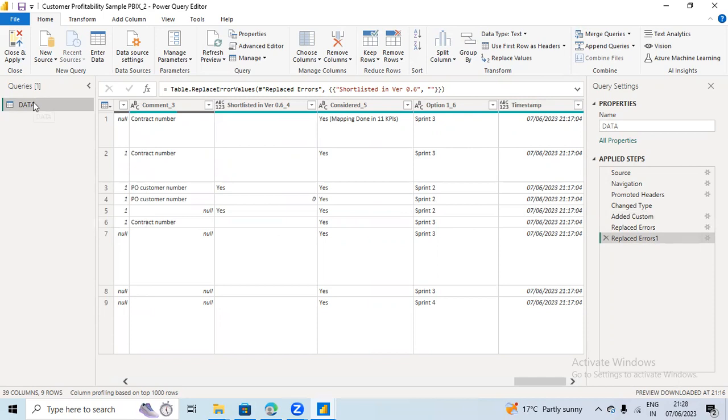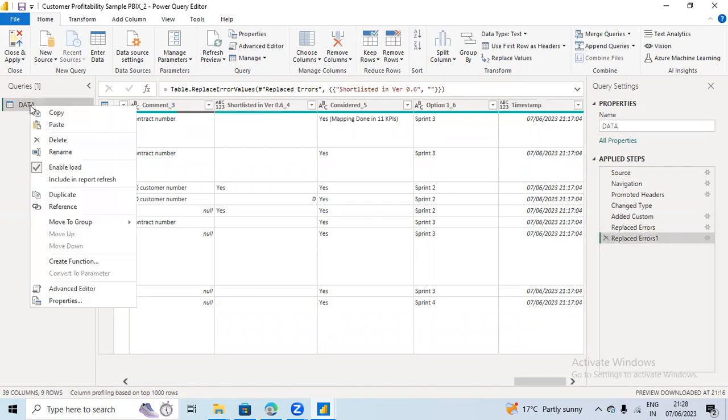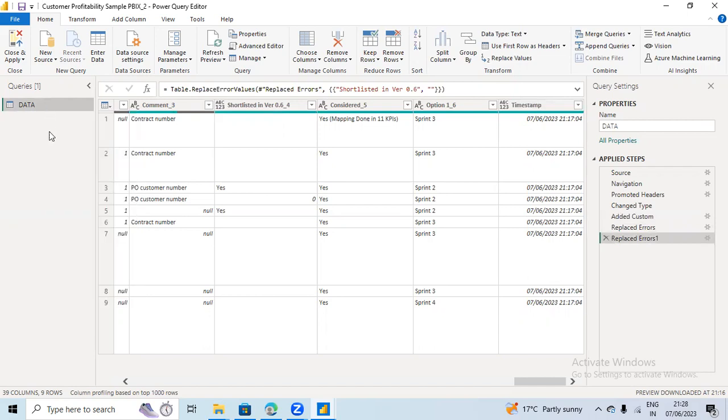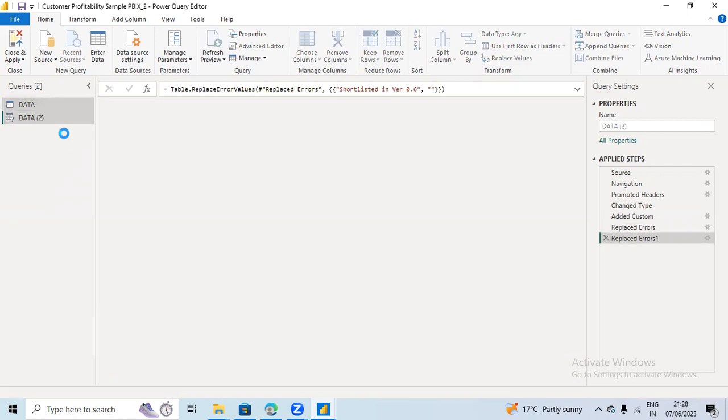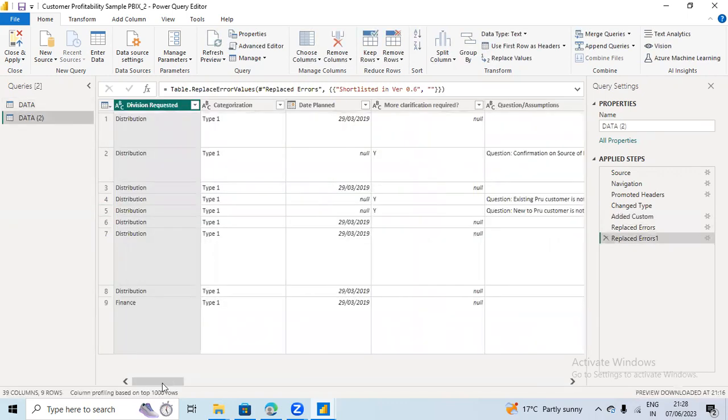When you remove that, what happens is that this becomes a standalone data set and does not get refreshed the next time when you refresh the Power BI desktop file or the application. So in order to make sure that we create the current data set, we just right click on the original data set, do a copy, and then do a paste, so that we have two different data sets with